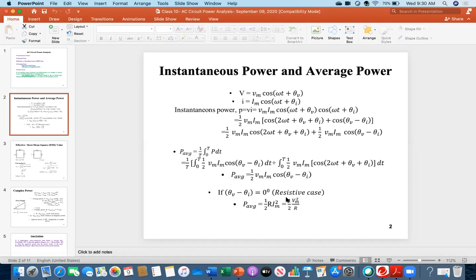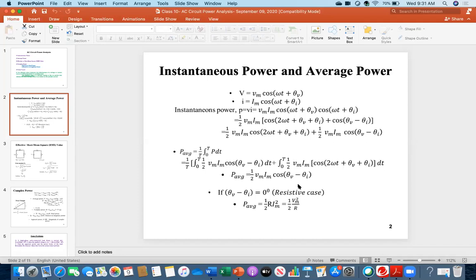Now it is proved, because in the resistive case, the phase angle is 0. That's why nobody was worried about what the phase angle is. You did not think about this because it was not needed in a DC circuit. But once it is an AC circuit, then it is very important. That is the first step, what should be my angle. And that depends on whether it is resistance, inductance, or capacitance.